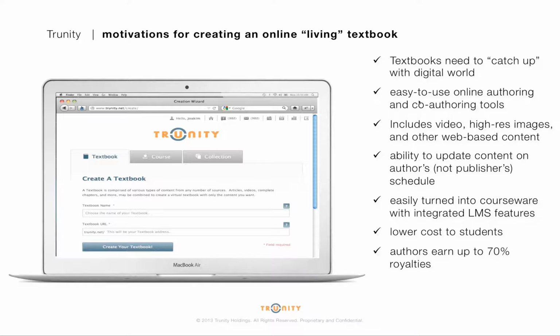We also like the platform that you'll see because it has a very easy ability for both authors and instructors to create content and share it online. We can include video, high-resolution images, and other web-based content that traditional print media simply cannot do. We're able to update this content according to our schedule and not the publisher's schedule, as you traditionally do with